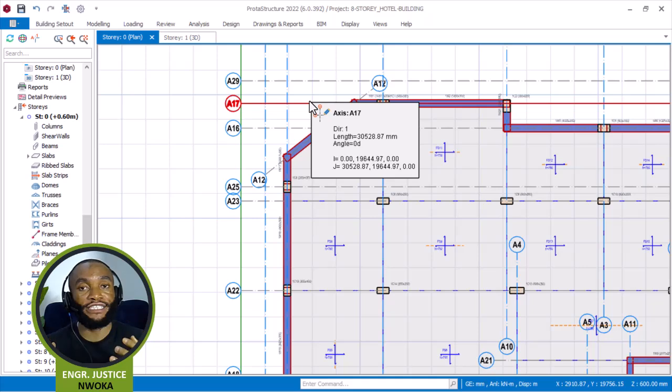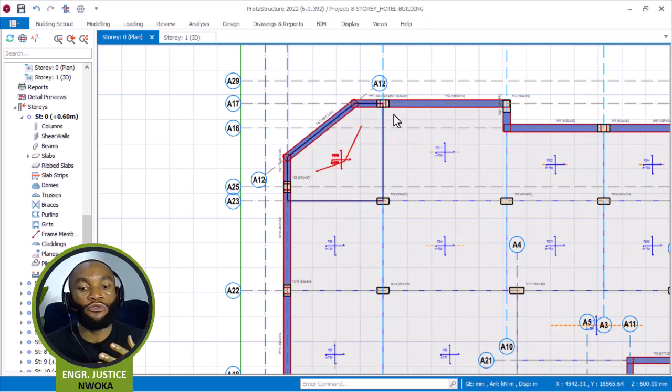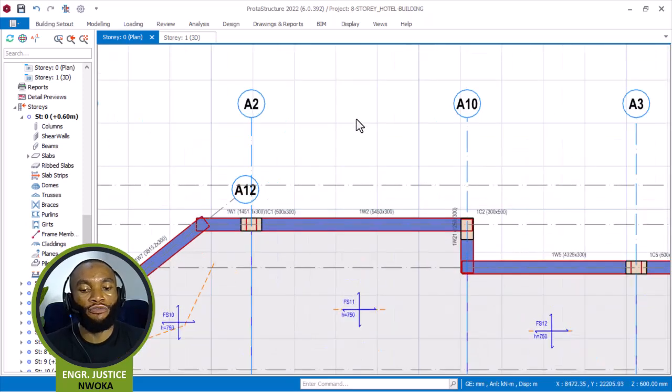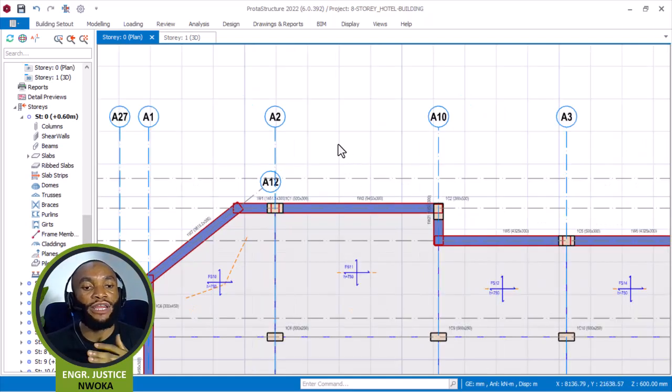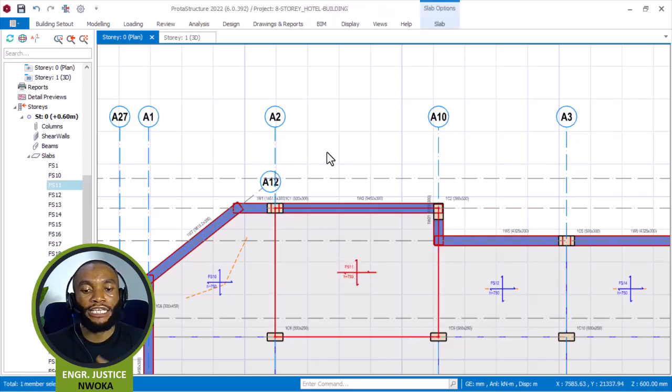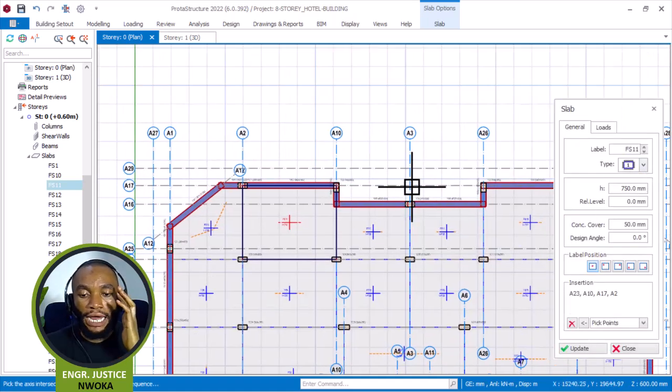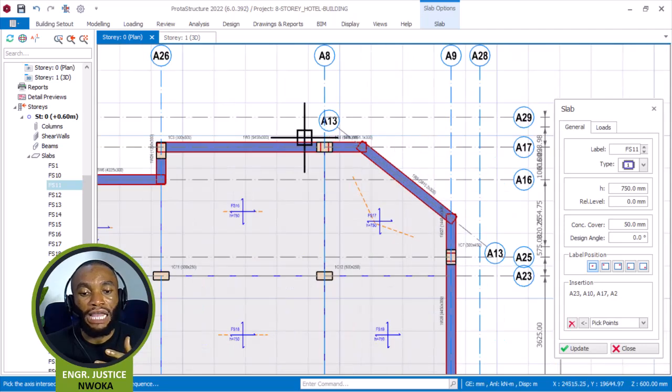So the weight will be much. So I don't want to do many trial and error on the height, also on the length of this F1 or F2. Okay, so I want to use 1 meter for that. Okay, that's fine. So I will then go now, click back on the slab to take back the slab property right now. Take this up again, and again I will then begin to insert my slab again around